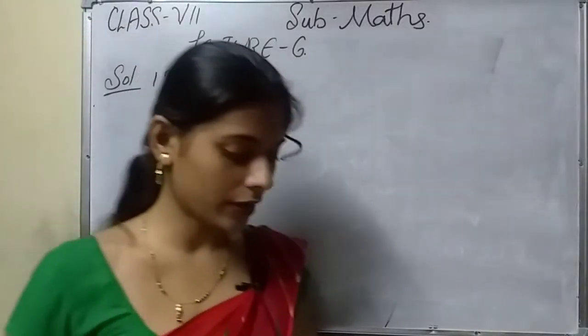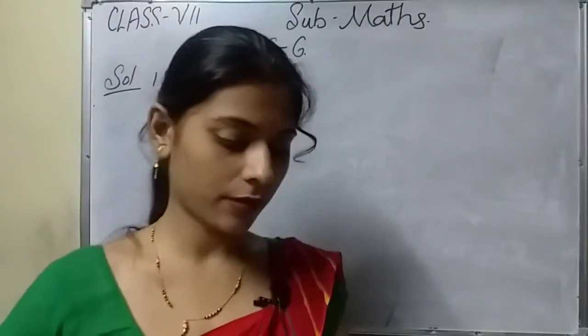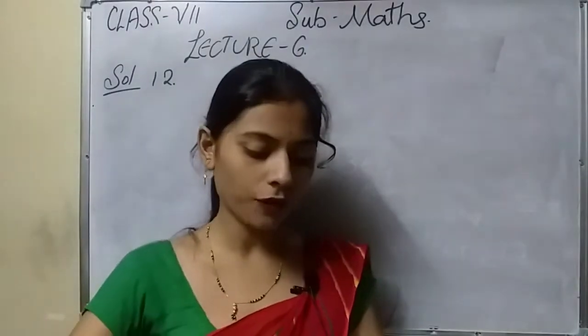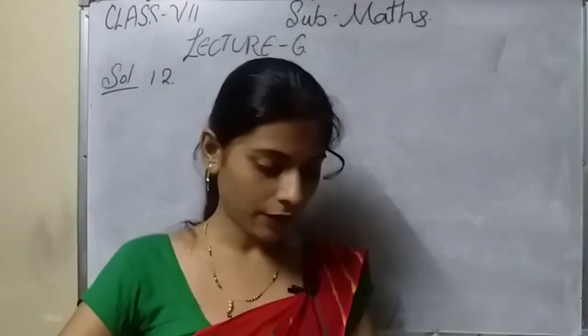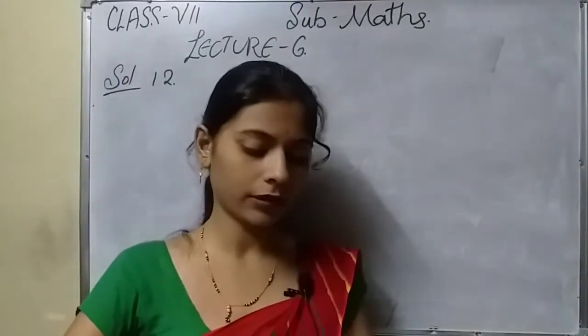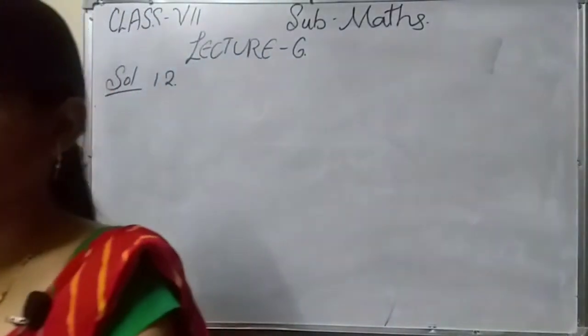Question number 12. What is given here? If a pair of shoes cost rupees 106.35 and a pair of socks cost 18.65, how many sets of shoes and socks can be bought with rupees 1000? So here,